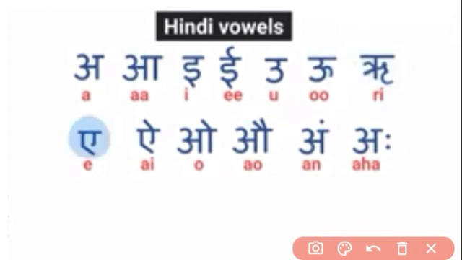Children, next letter A. First you draw a standing line and bend it from the middle to the right as shown here. Then draw an English letter J. Finally draw a sleeping line on the top.